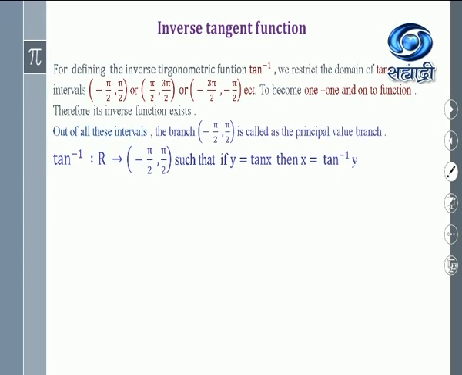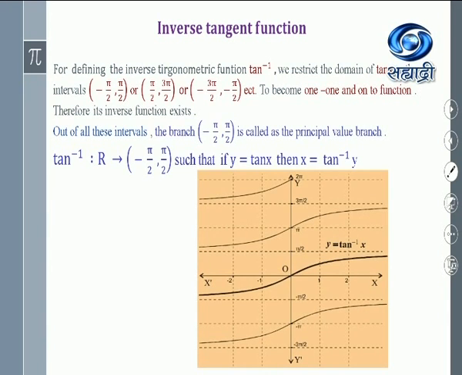And one more definition or another notation is, if y equals tan x, we can write x is equal to tan inverse y. Amongst all these intervals, we choose only this interval, which is minus pi by 2 to pi by 2. It is an open interval, and that we call the principal value branch. The graph never touches or takes the value minus pi by 2, pi by 2, 3 pi by 2, minus 3 pi by 2. Therefore, all these are open intervals. Clear? And this is about the graph of the inverse function.